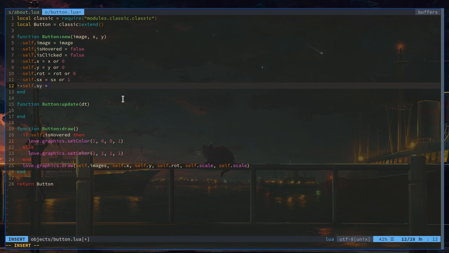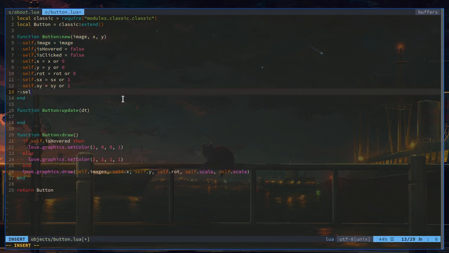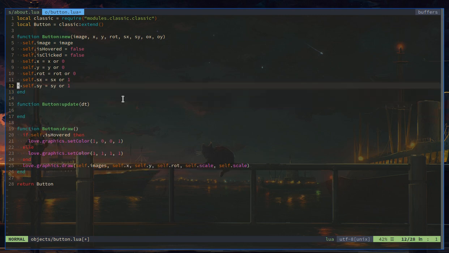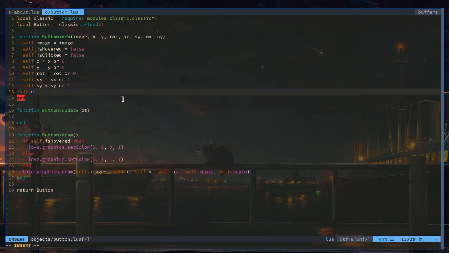So that sy is equals to sy or 1, right? So that ox will be... wait, let's fill this first. Okay, so xy, then we have rotation, sx and sy, and then if we want offset, we can do offset in two ways. Like if we pass in ox like it is a string,